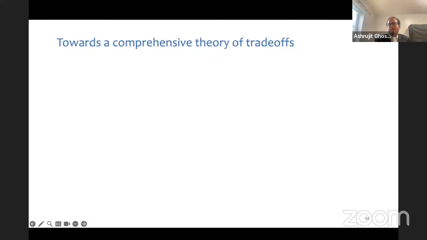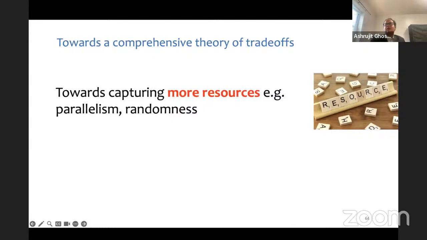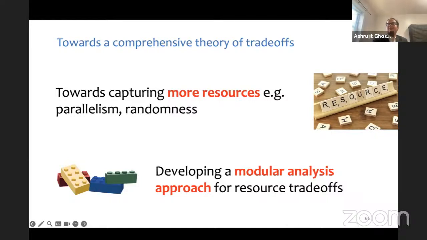Another direction I want to look at in my future research is to build a more complete picture of various resources required by an adversary to break security, for example, parallelism, randomness, etc. Moreover, I hope to develop better abstractions and frameworks for analyzing trade-offs between various resources. Having worked quite a bit on time memory trade-offs, I've found that existing tools and techniques are very ad hoc. I want to develop something more generic so that we don't need to do a case-by-case analysis for different cryptographic constructions. In recent work, we have made some very initial progress towards this.